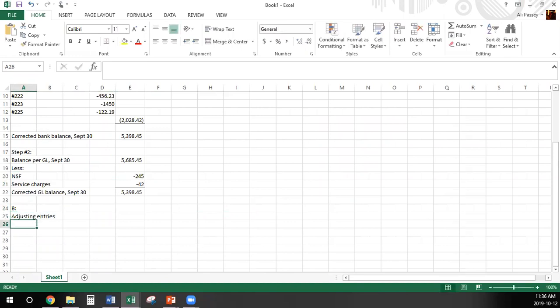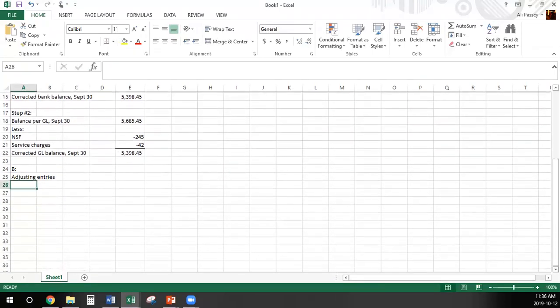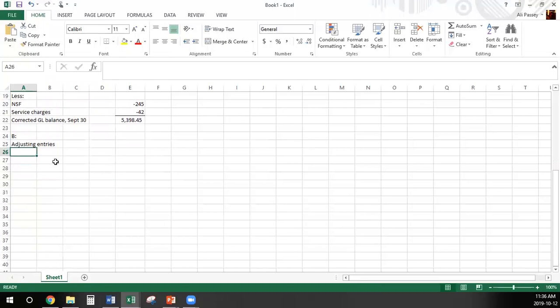So the first would be for the NSF check. There's a couple of ways that this could be done, depending on whether or not CHL is planning on charging the customer for that NSF check fee. So the first way would be to debit accounts receivable and credit cash for an amount of